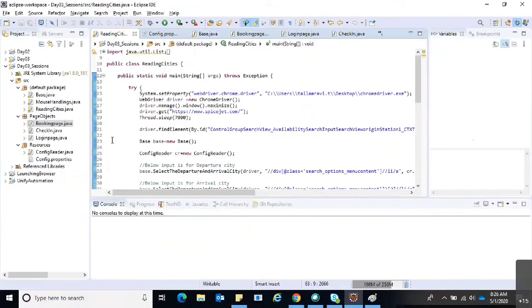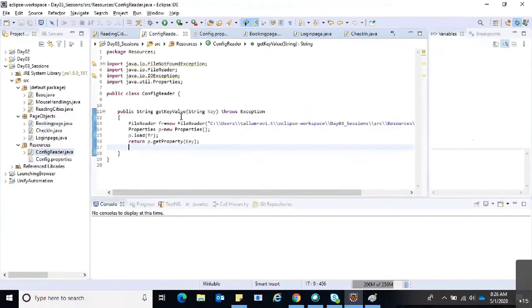Why don't we use that variable directly? This FileReader, we are reading the data into one variable, fr, and after that loading into the Properties object. Why can't we use it directly?